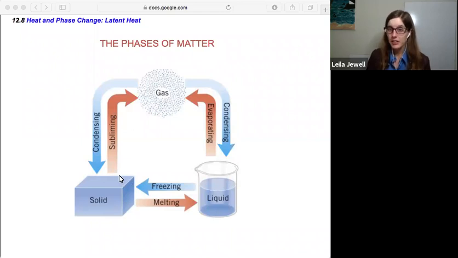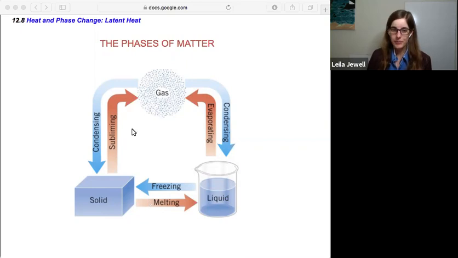We can technically switch from solid to gas, right? You can condense a gas into a solid or sublime a solid into a gas. An example of that would be dry ice. It immediately goes to gas and skips the liquid phase, but most often we will be on this other side of